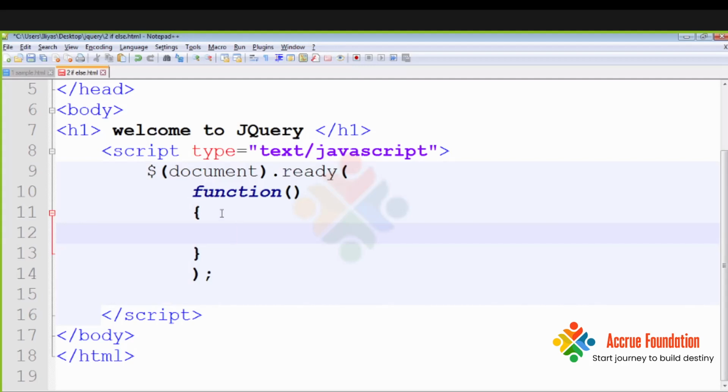After the function starts, we write a variable. You can take anything; let's write id, and I'll set this id as a prompt: enter your ID.